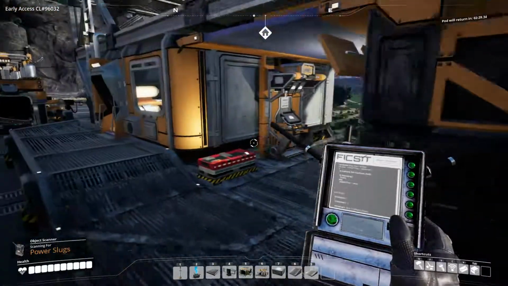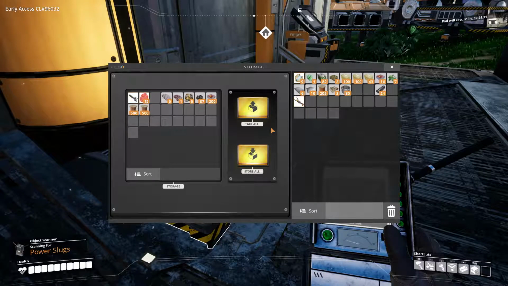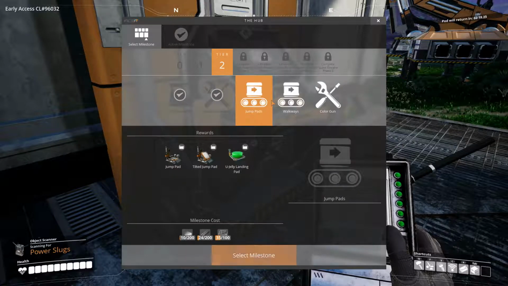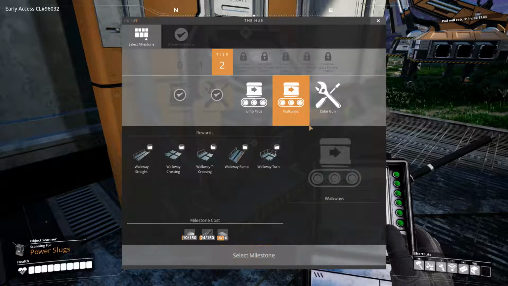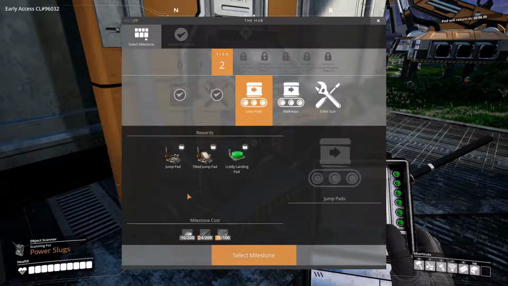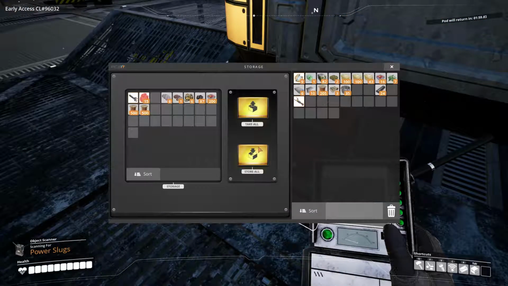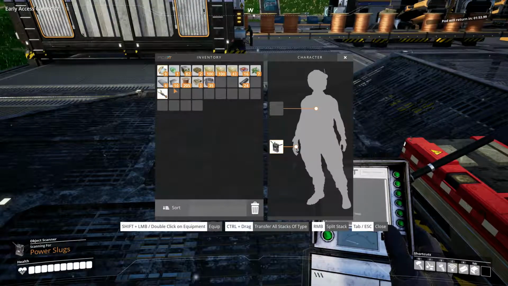Let me bring out my zapper. Alrighty. So, my next thing is probably going to be jump pads. And even though I don't really need them, I really want walkways so I can interconnect things and make ramps and stuff. And then there's the color gun to paint things. That's more, yeah. So, these aren't really necessary, so I'm not really focused on them. First things first, I want to automate my...